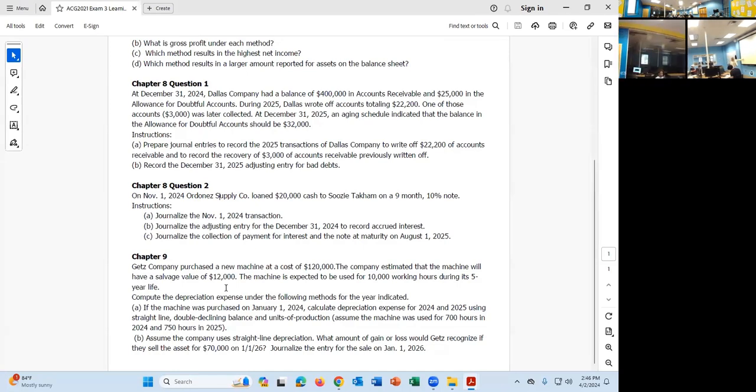So in this case, we're looking at a $120,000 machine. This problem says salvage value, just so you know, salvage value and residual value are the same thing. This is an older example and I didn't update the wording. Residual value is $12,000 here. And it tells us we expect to use 1,000 hours during its 5-year life. 5 years is the main thing we're going to use, but we'll need to use those hours when we get to